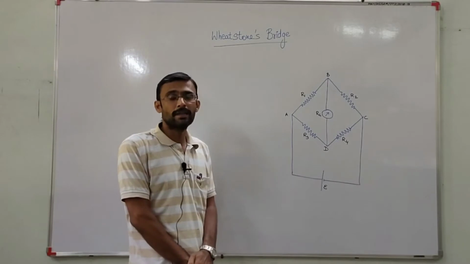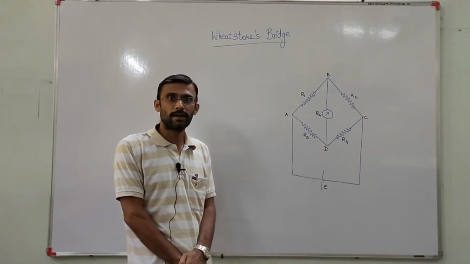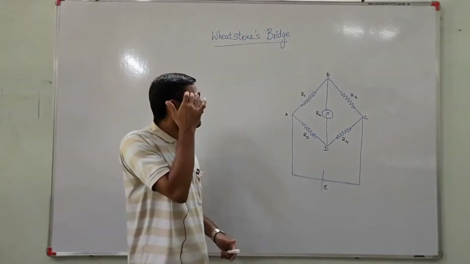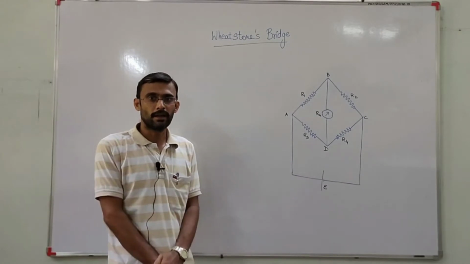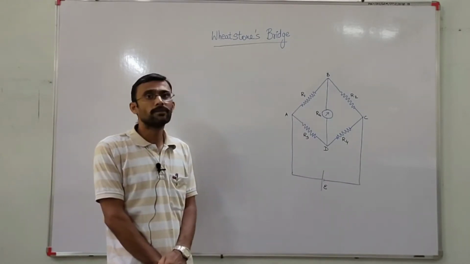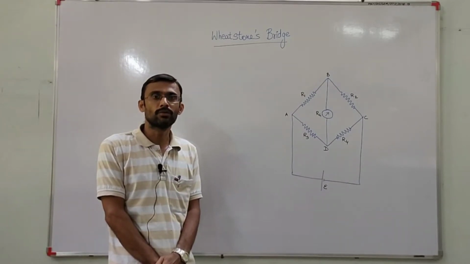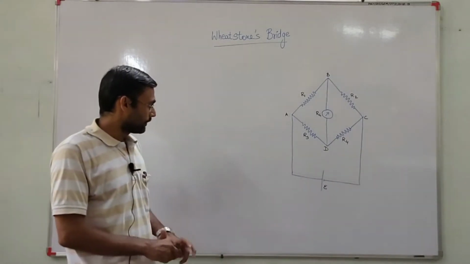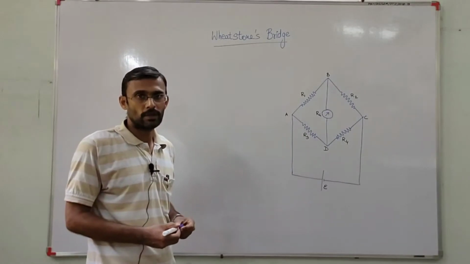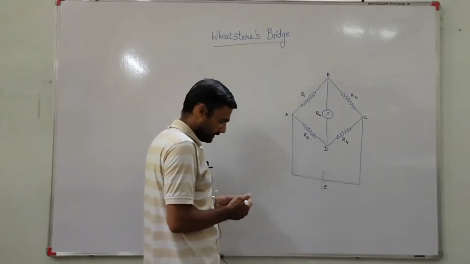So we will achieve the balanced condition in the Wheatstone bridge network circuit so that we can find out the unknown resistance. To understand the theory of Wheatstone bridge, we will apply Kirchhoff's first and second laws. According to Kirchhoff's first law, the total input current supplied to the circuit should be equal to the total output current. By applying Kirchhoff's first law, we will draw the directions of the current, and they are like this.